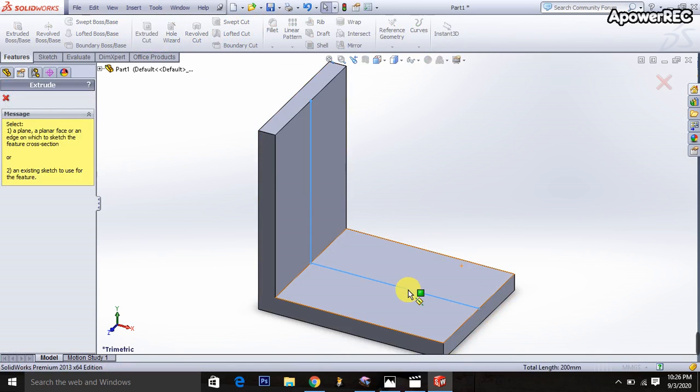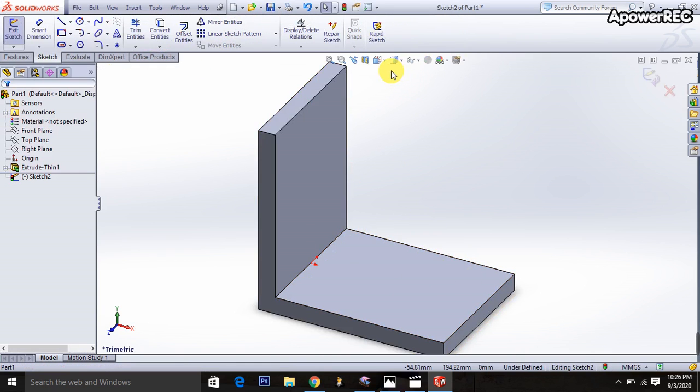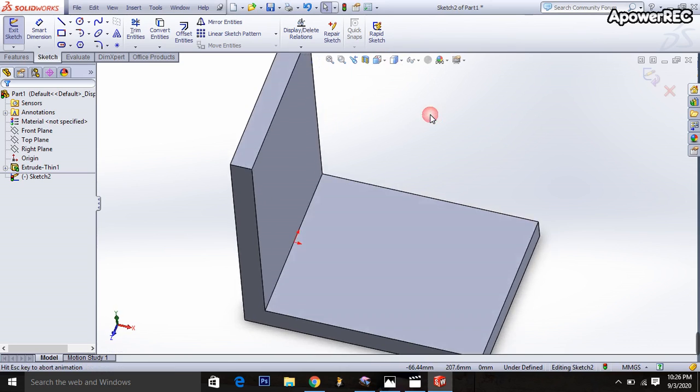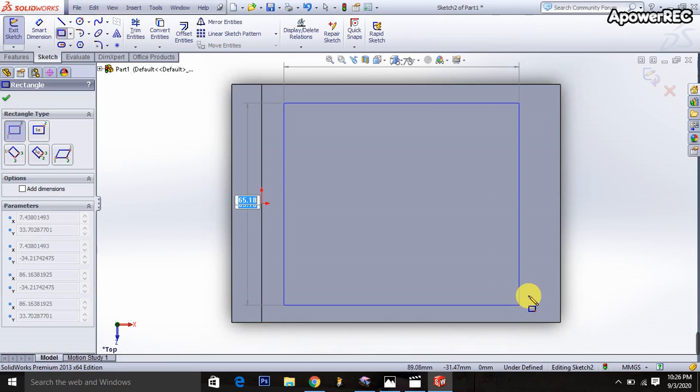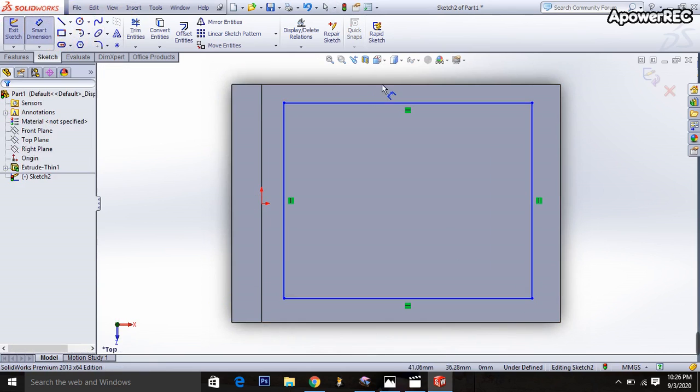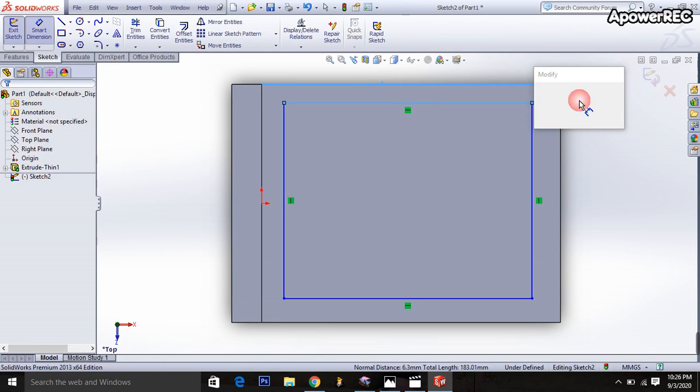Then extrude cut is selected, click on this surface, go to here and select the normal plane. Then I am going to take the corner rectangle and sketch it. Go to the smart dimension and determine it from here to here. It will be 10 millimeters,